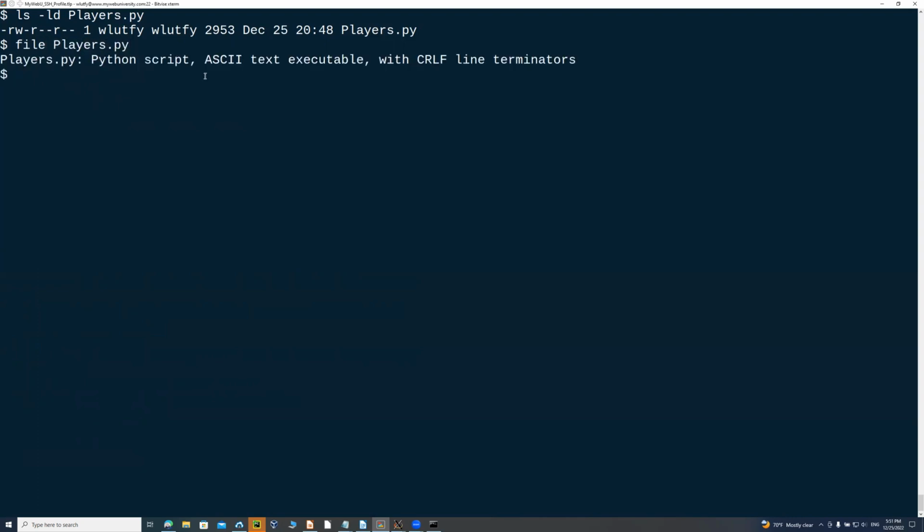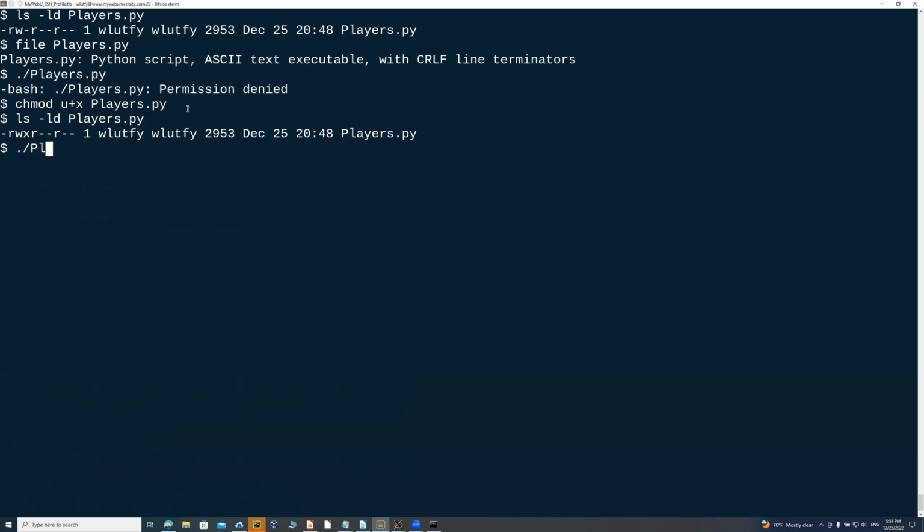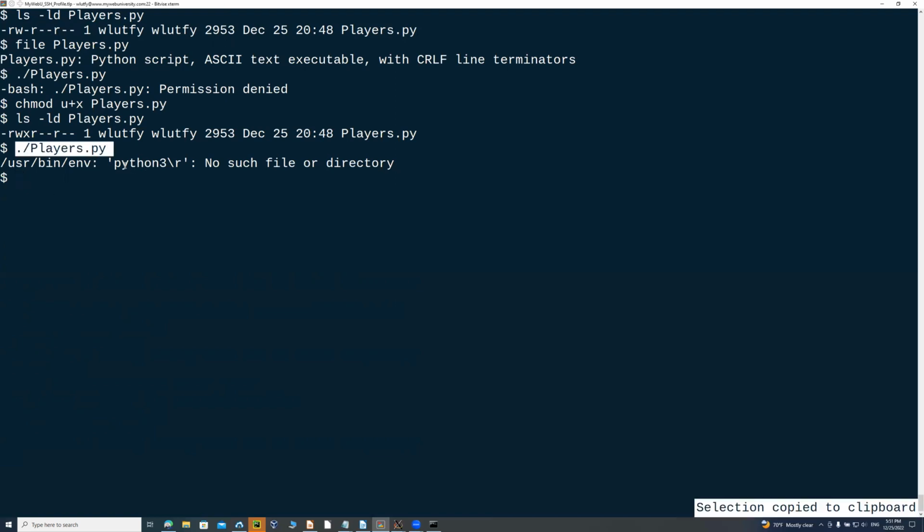So file players.py, if I just look at this one, says it's a Python script. But if I just run it, as I showed you earlier, it's not going to run. So in order to do it, I'm going to do chmod u+x, so only give myself the permission, players.py here. And notice that at this time, even though I did that work, the carriage return is not understood there. If I just vim the file